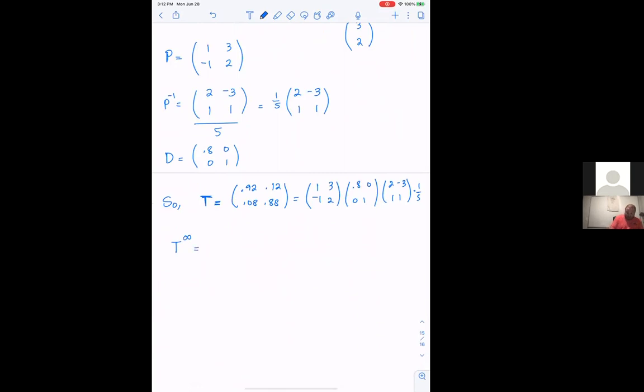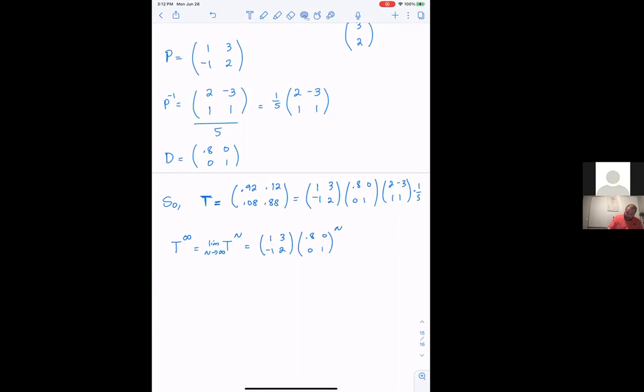What I mean by that is T to the N in the limit as N goes to infinity, a little calculus notation that we don't have to worry about, but it essentially means just as N gets really, really big, what does this approach? And the answer is actually, we know that from what we did in the last little part,